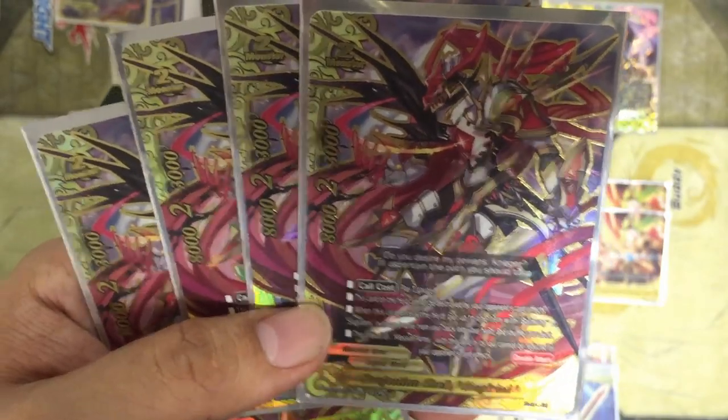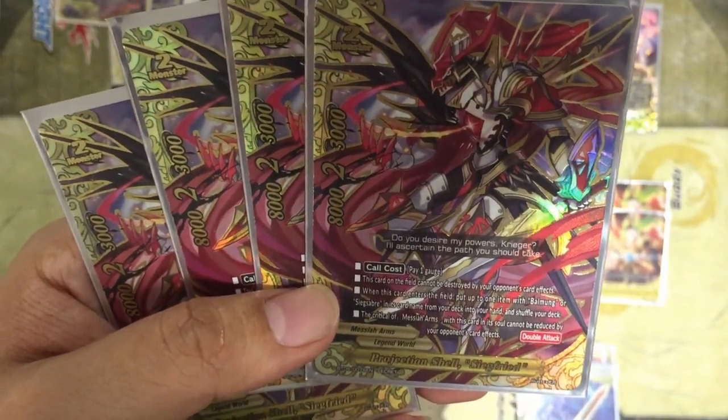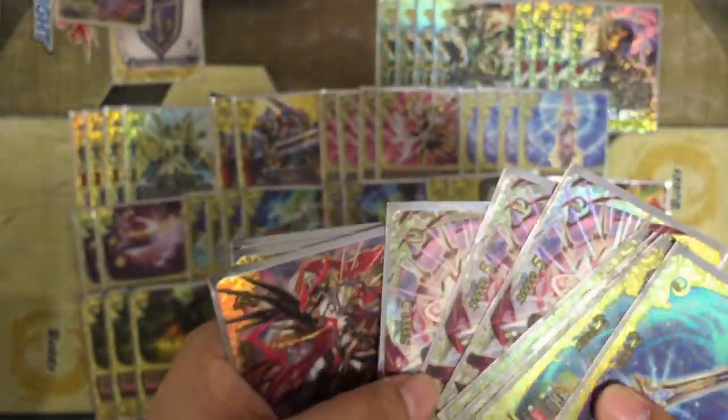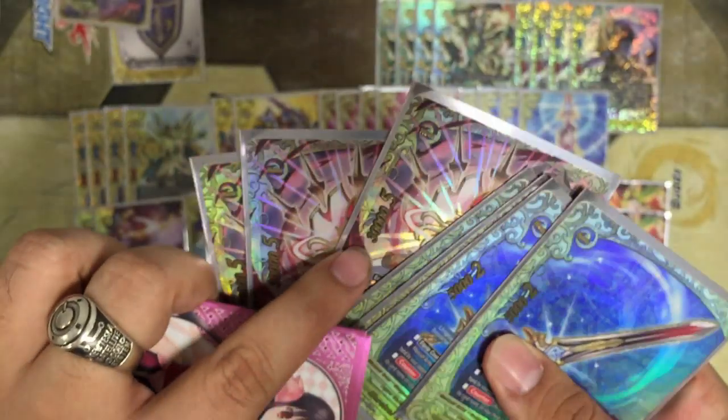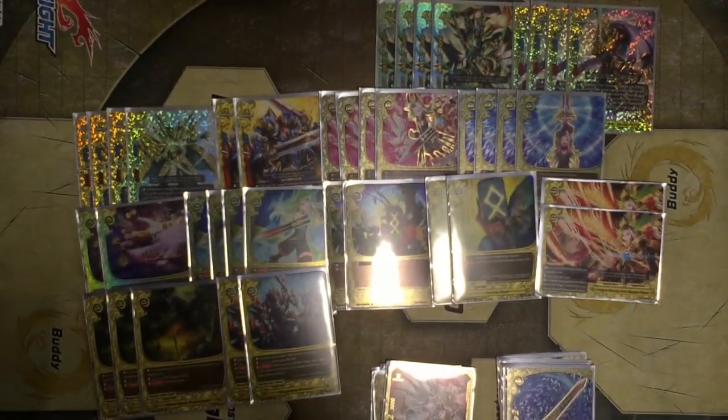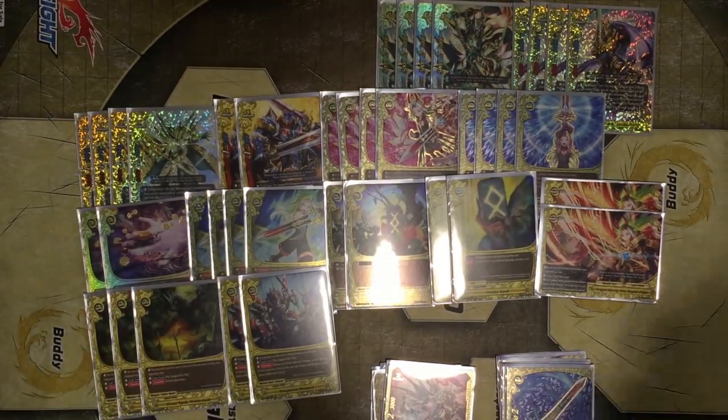The critical of Messiah Arms with this card in the soul cannot be reduced by opponent card effect, and double attack. So the 5 critical cannot be reduced. Alright, definitely a 4 copy, and it's the body. Right, so these are the main key cards, and as they are all secret packs, there's actually a cheaper version,